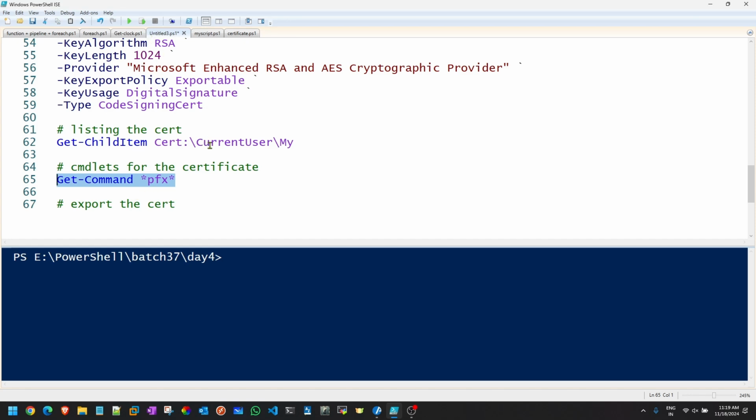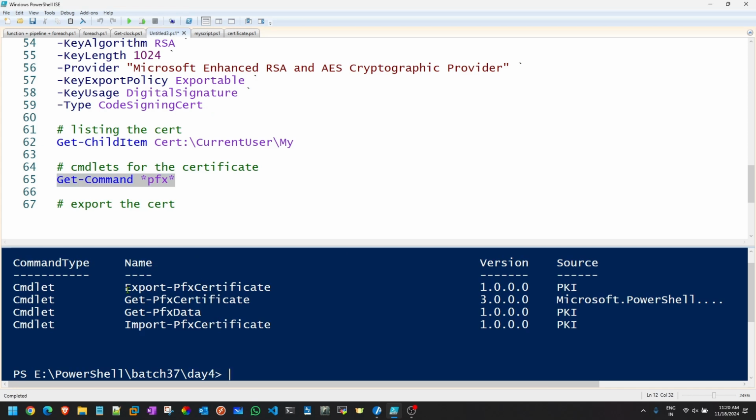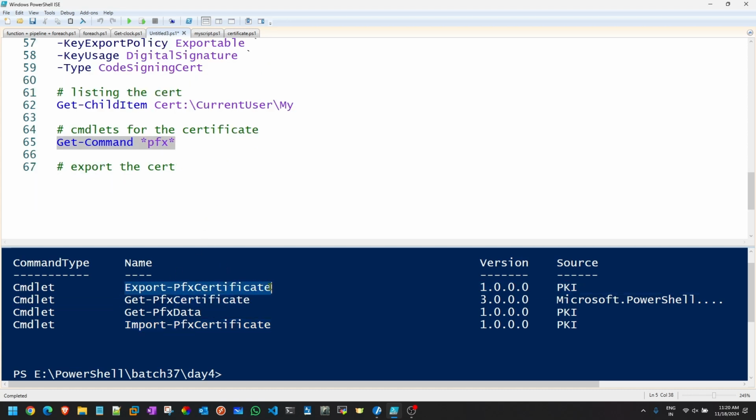So there are two commands for it: Export-PfxCertificate and Import-PfxCertificate. You can see here export and import. So you can use the export command to export the data. pfx is the extension of the certificate. You can use these, but I am going to go with the GUI. You can use the Get-Help command and go online, and you'll find all the references over there.